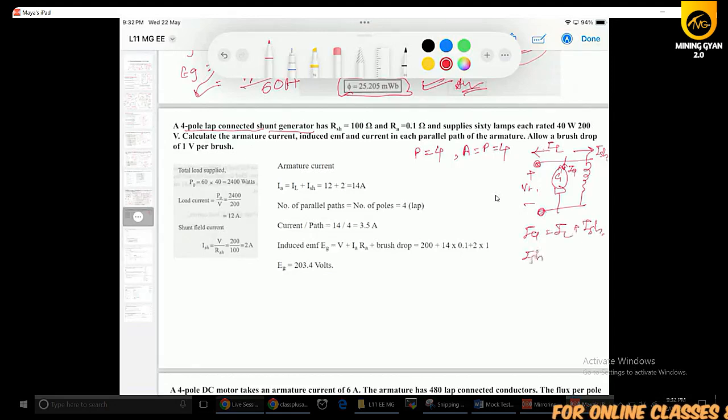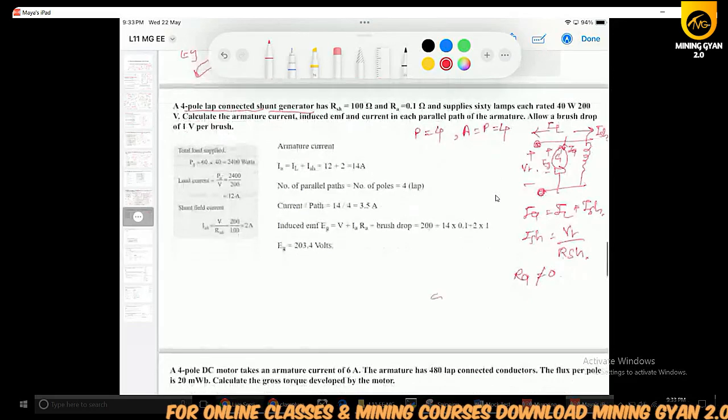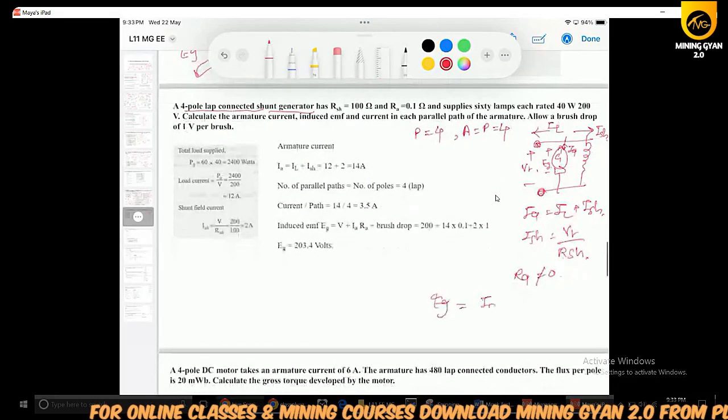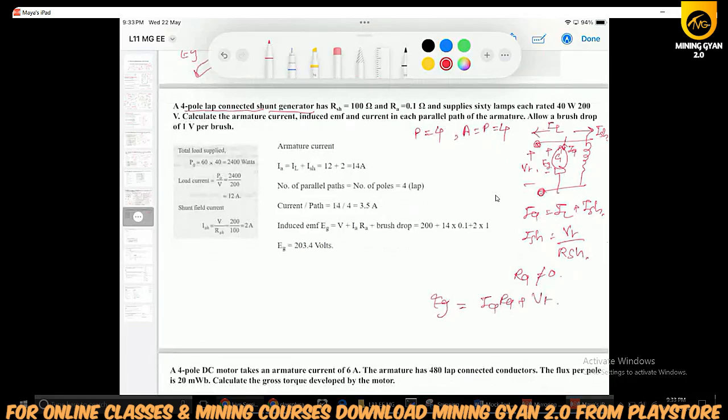ISH equals how much? Vt divided by RSH. And if RA is not equal to 0, a voltage drop will happen, and this is the generated EMF. So EG will be IA RA plus Vt. These are the equations. So what it is asking: RSH is given, RA is given, poles equal 4, and lap wound winding is there,